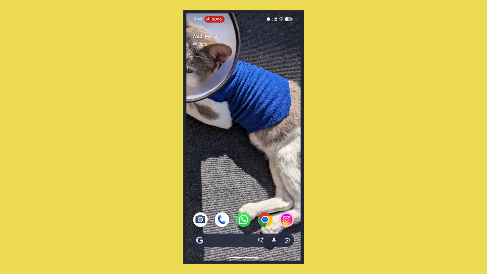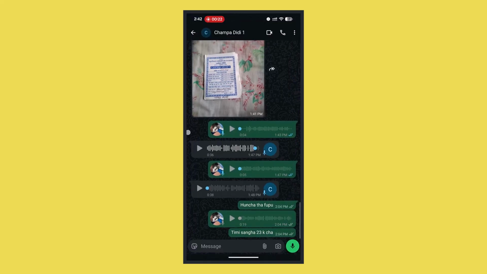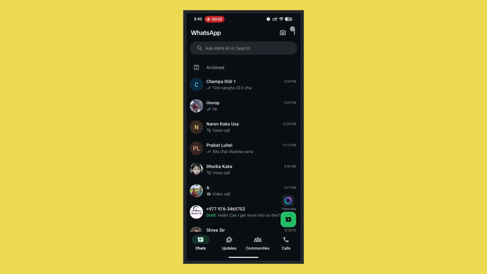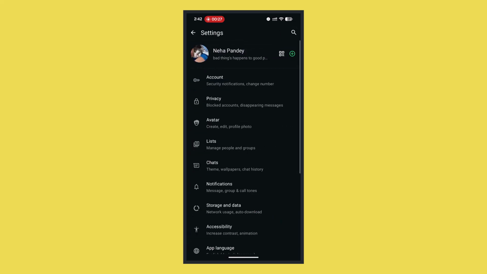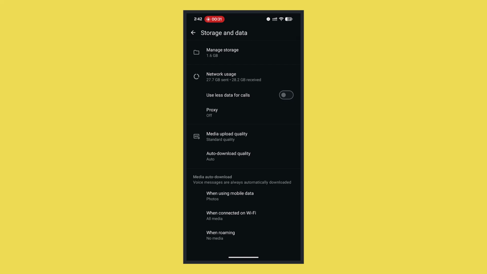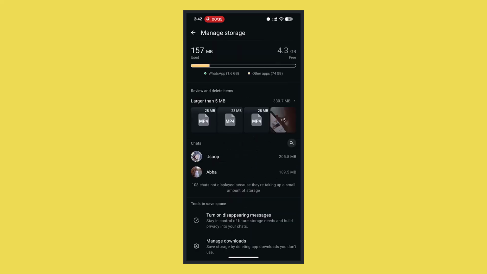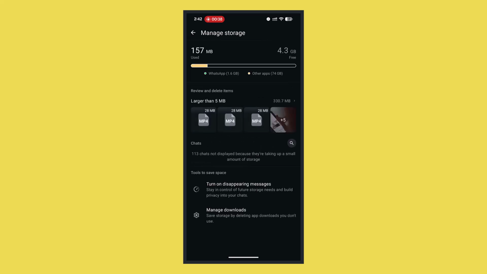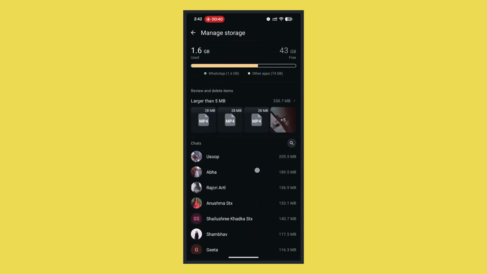If you want to recover or restore it from your backup, you have to make sure that you've already enabled backup. If not, you just want to make sure to open the WhatsApp, then tap the three dots and go to settings. Here you just want to make sure to go ahead and look for the storage and data. There you will be able to find chat backup or manage storage, right? When you tap on manage storage, you just want to make sure to go ahead